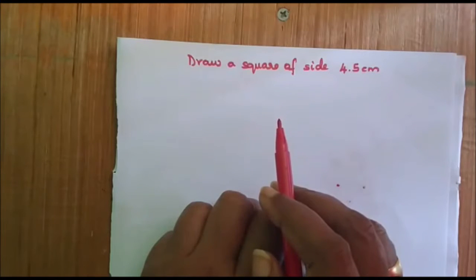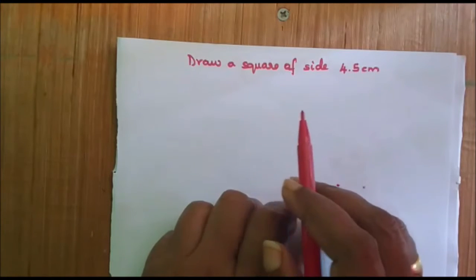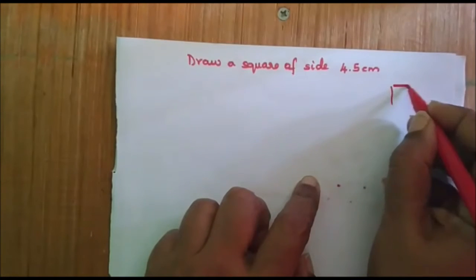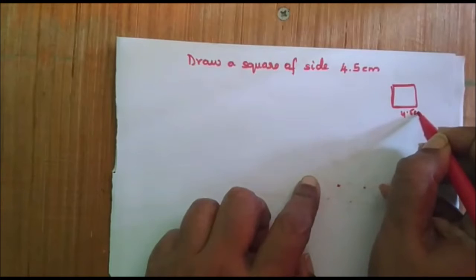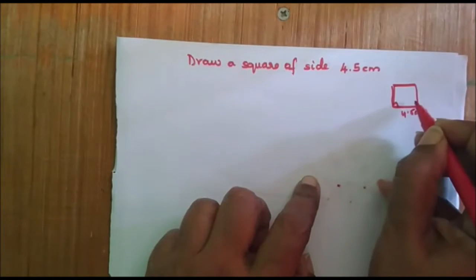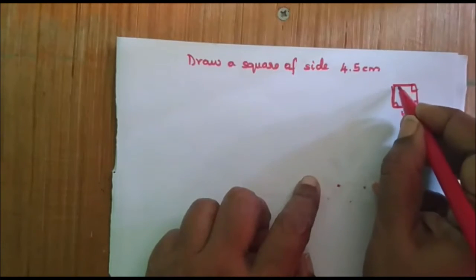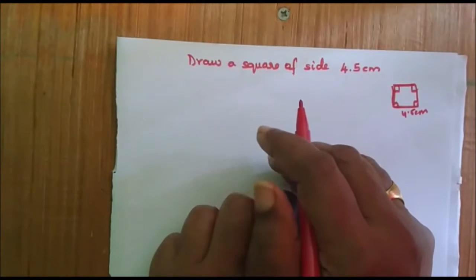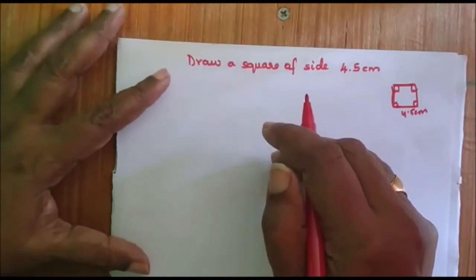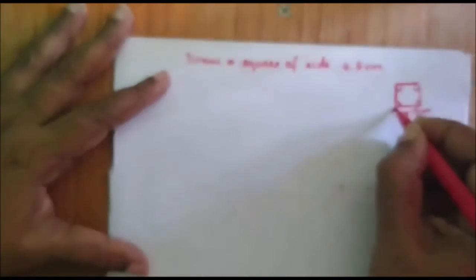What is it? All the sides of the square are equal and the square makes 90 degrees. That is, if I draw a square like this, all the sides are 4.5 centimeter and these angles are perpendicular to each other or they are at 90 degrees. Okay. So first what we will do is, now this is a square